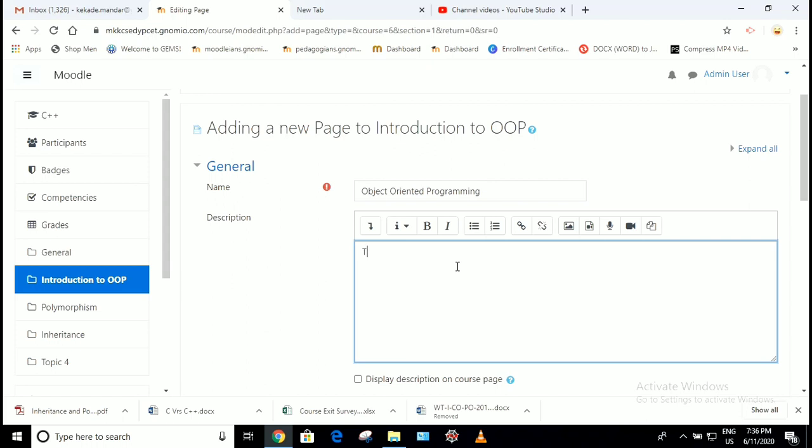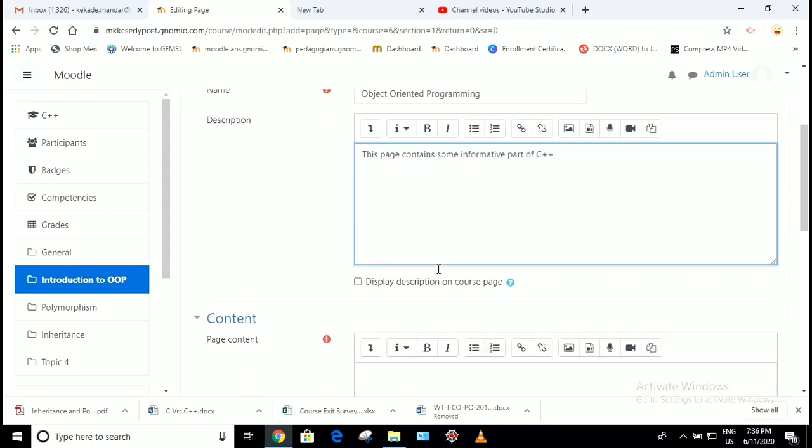For example, this page contains some informative part of C++. Now I am adding this description to the page. To make this description visible, you have to click on display description on course page.